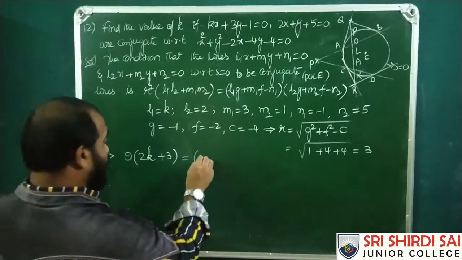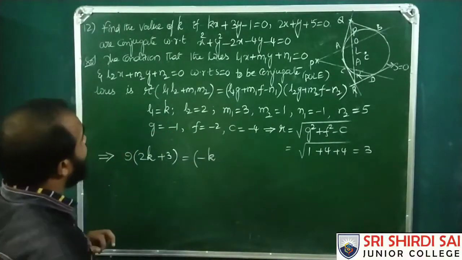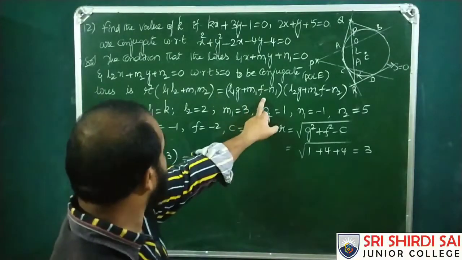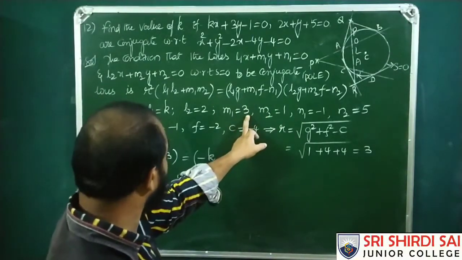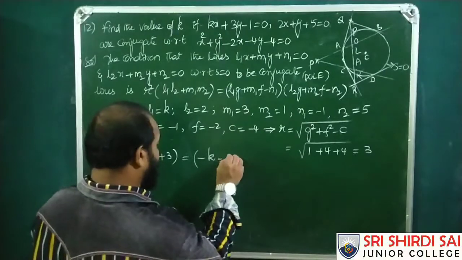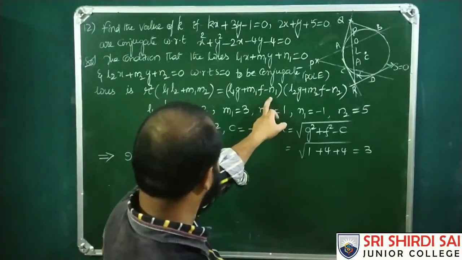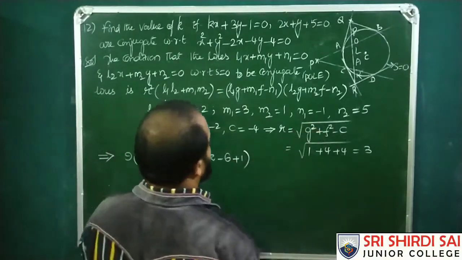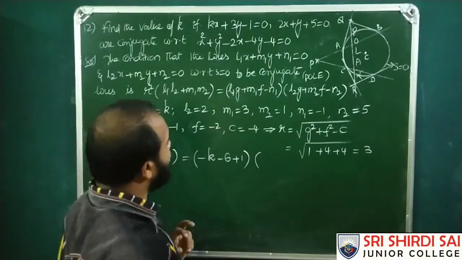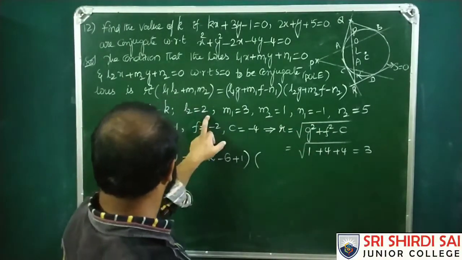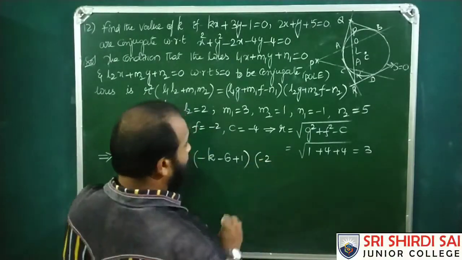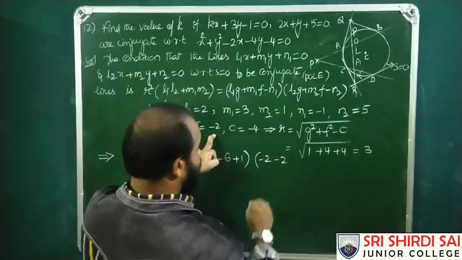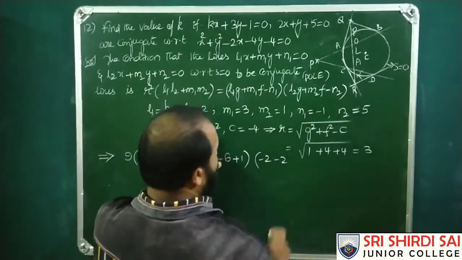So k into minus 1, minus k. So plus M1F, 3 into minus 2, minus 6, minus N1, plus 1, minus of minus into L2G, 2 into minus 1, minus 2, M2F, 1 into minus 2, minus 2, minus N2,